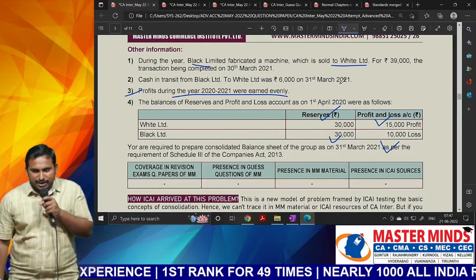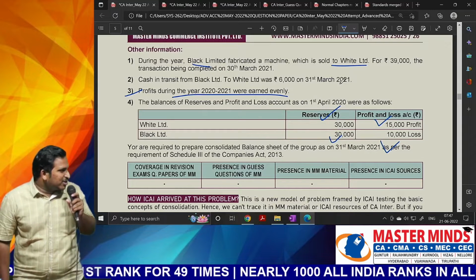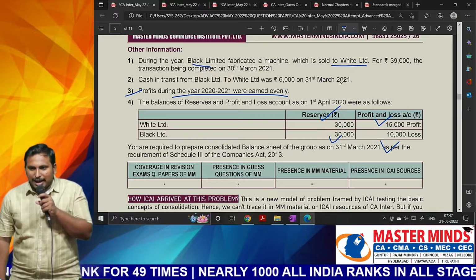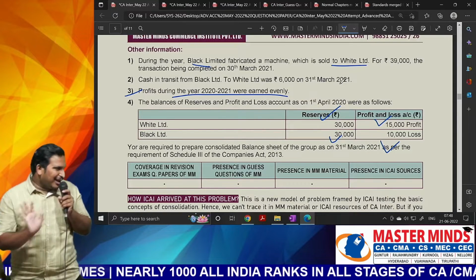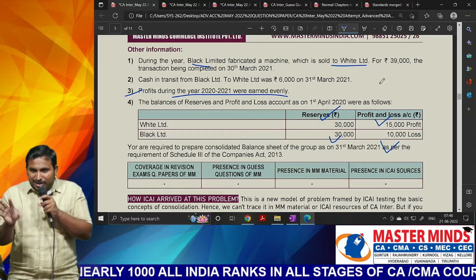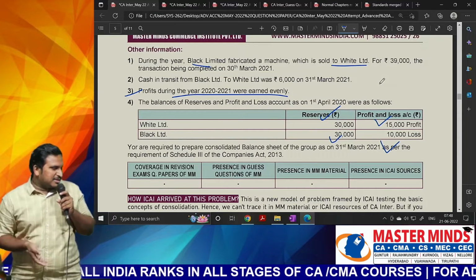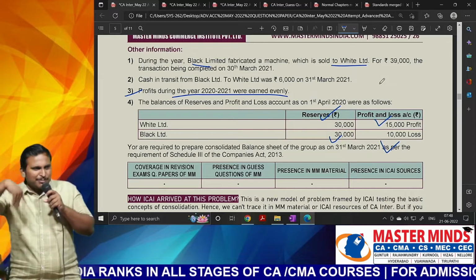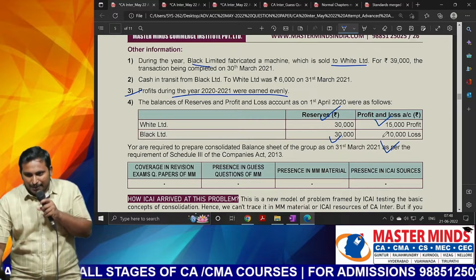Generally, if the opening balances were given and during the year acquisition was done, how to divide into capital profits and revenue profits? I think that is a simple classification. No big adjustments for that. No dividend adjustment, no bonus adjustment, no machinery unrealised profit. Nothing was there, sir. Simply, you will divide into capital and revenue.